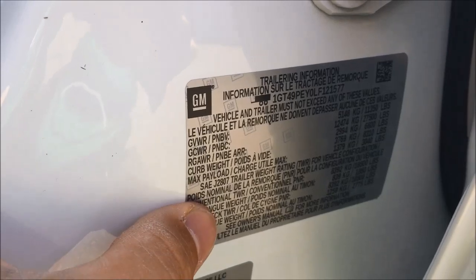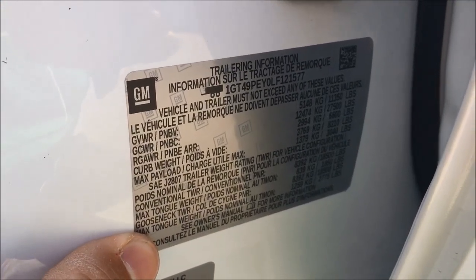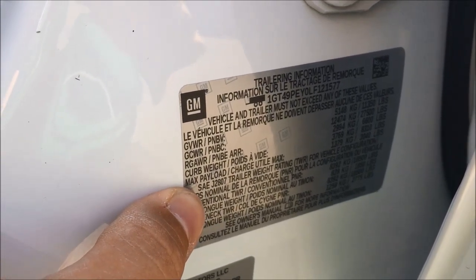And like I mentioned before, conventional towing is 18,500 pounds. Gooseneck towing is 18,500 pounds. Payload as equipped in this truck right here says 3,040 pounds. So say you're 200 pounds in this vehicle, sitting in the driver's seat, another 200 pounds on the other side. So now your payload in this vehicle is 2,600 pounds, 2,640 pounds to be exact. But there you go. That's a very long, detailed